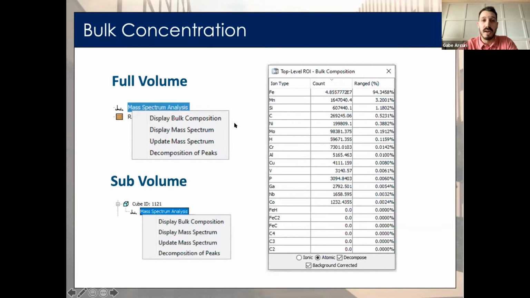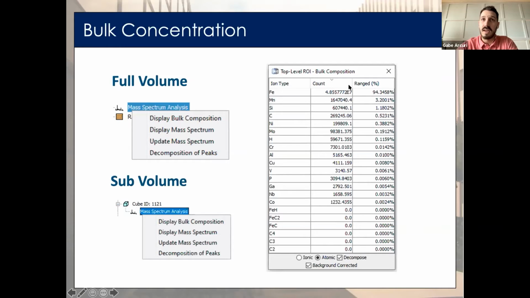This can be done by right-clicking from either the top level ROI to do a full volume bulk composition of our sample, or by selecting an isolated region of interest or isosurface. But in both cases, you right-click and then you can choose to display the bulk composition.